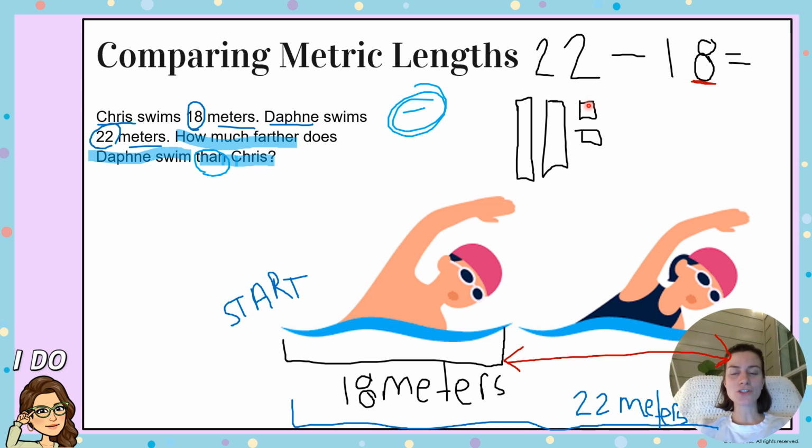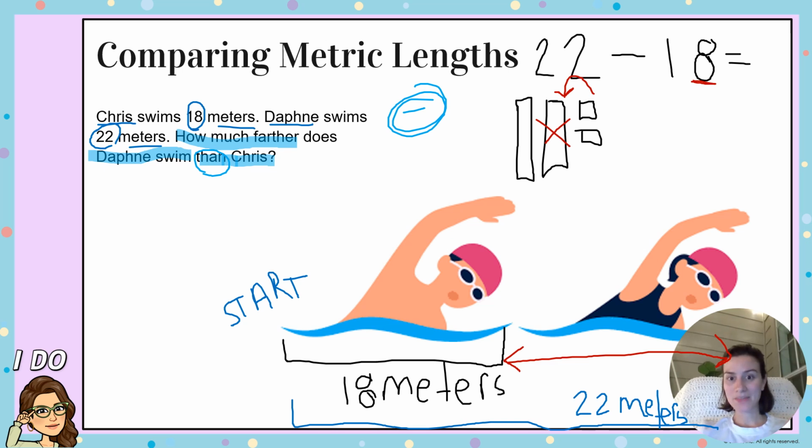If I have 2 kittens and you ask me for 8 kittens, can I give you 8 kittens? No, I can give you 2 kittens, but I can't give you 8 kittens. I do not have enough to work with here, which means I need to break down. I need to go over to my next place value, right, and take from that. So because I do not have enough ones to give, I need to break down one of my tens rods